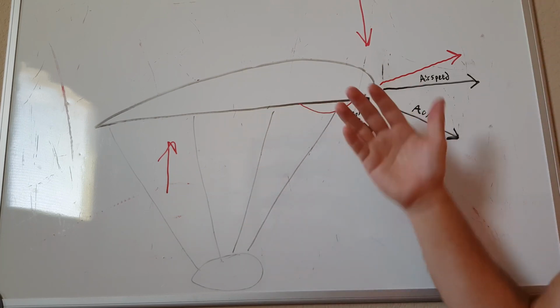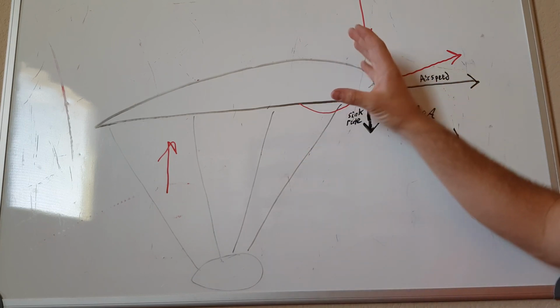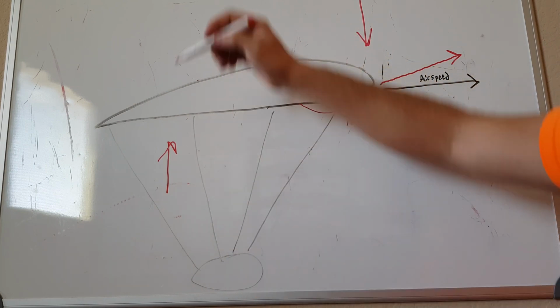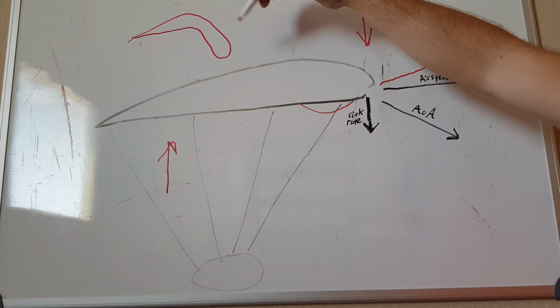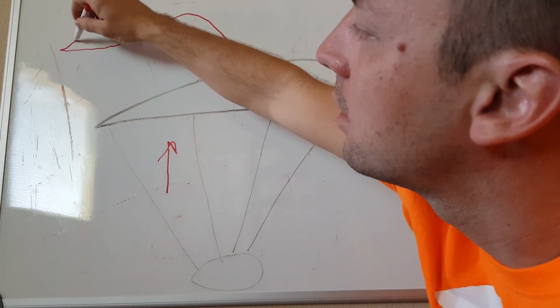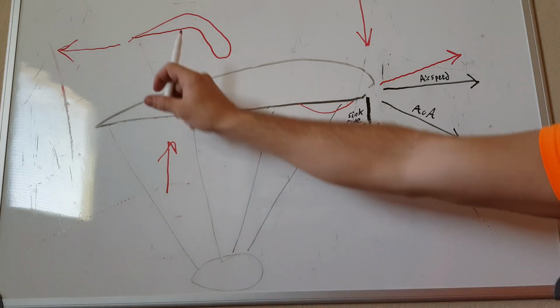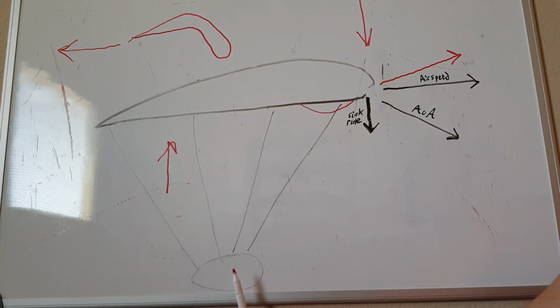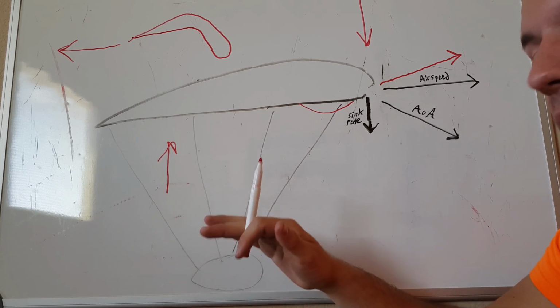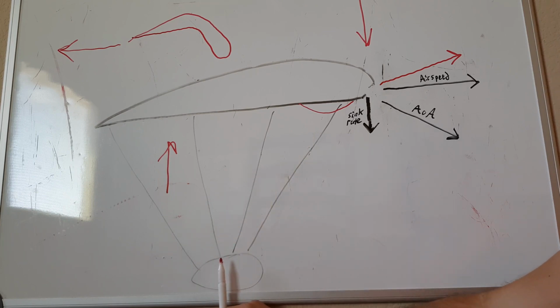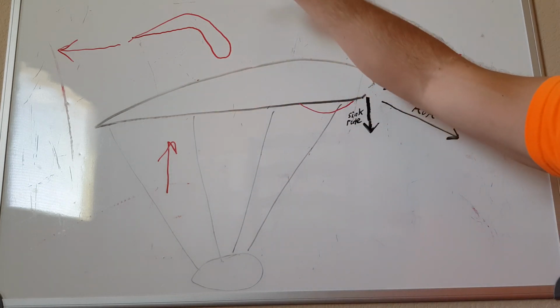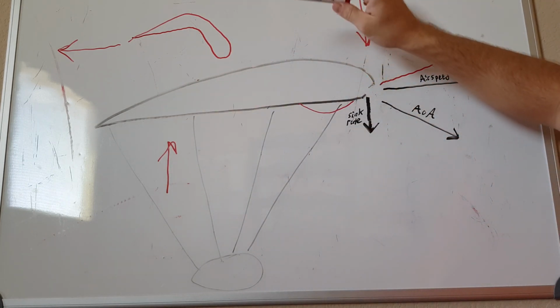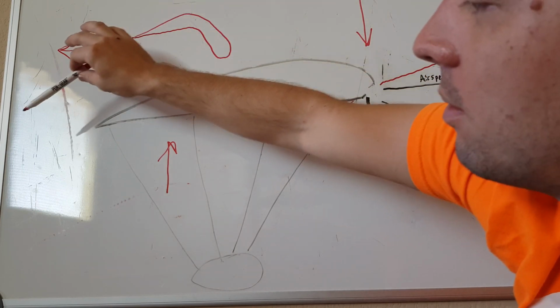Now what happens after the wing collapses? The wing collapses and it makes this shape. You get a huge increase in drag this direction. That increase in drag, but remember the pilot has inertia and he's hung 6 feet below the wing. So the pilot, object in motion, wants to remain in motion unless acted upon by an outside force. So the pilot wants to remain in motion. He continues flying at 25 miles an hour, but now you have a huge increase in drag on the airfoil. The airfoil rocks backwards behind the pilot,